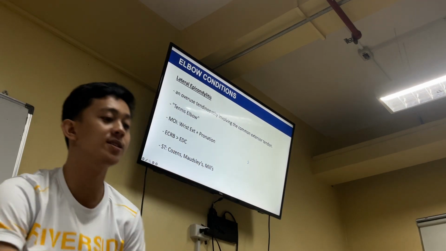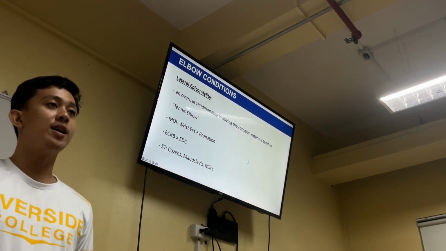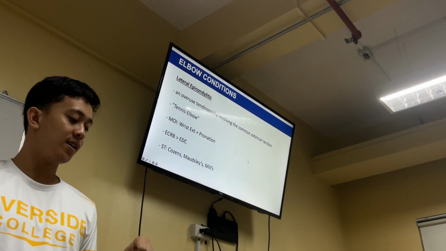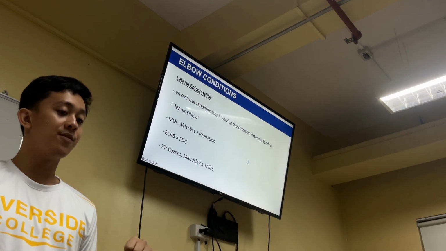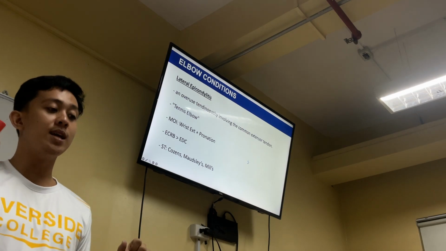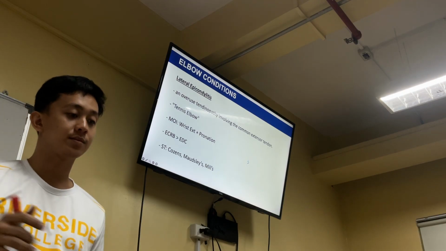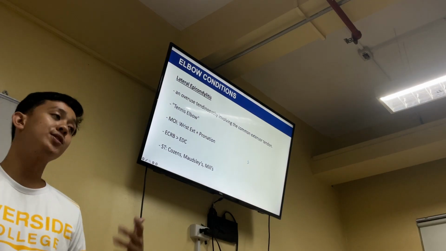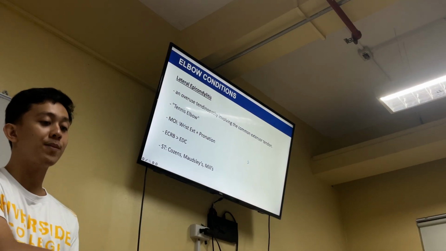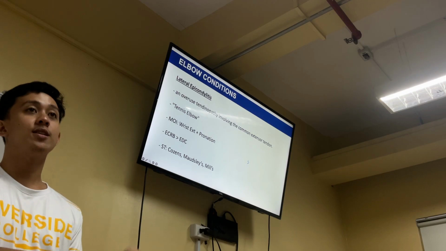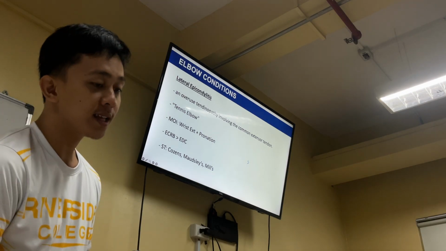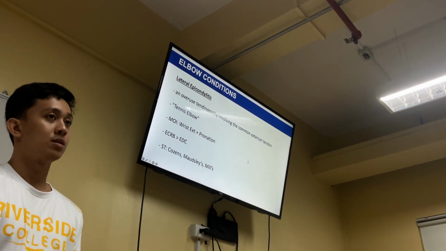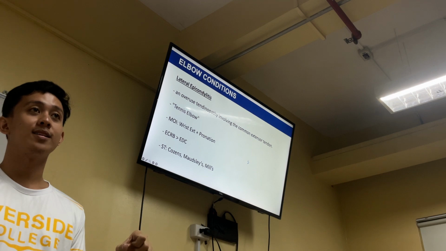Cozen's: patient sits with elbow flexed 90 degrees. Forearm is pronated. Hand is clenched into a fist. Patient actively extends and radially deviates the wrist. And then Mills. Mills is more on the examiner: sitting or standing, palpate the lateral epicondyle, pronate, fully flex the wrist, and then while extending the elbow,